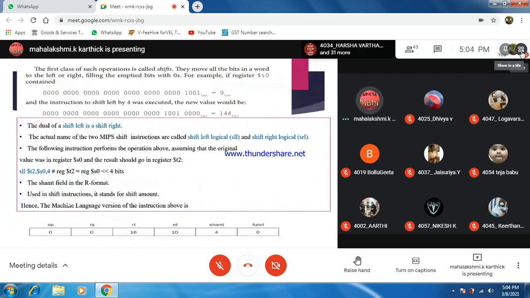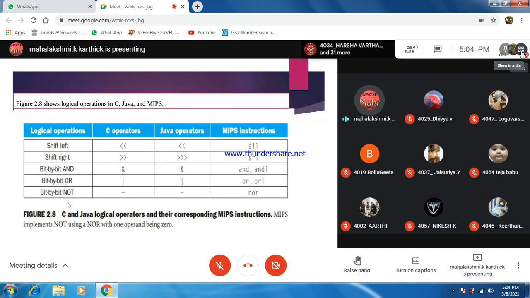Students, got the point. We have covered shift left, and if any constant is given you can also move to a shift right operation. You can use the keyword for the MIPS instruction mentioned here, and we can convert any C or Java language to a MIPS instruction in assembly language. Accordingly, R format can be supported for all types of shift left and shift right instructions. Then you can easily convert whatever register is given in the question, and that value can be placed inside the field. That is the normal procedure. And instructions or instruction NOT.